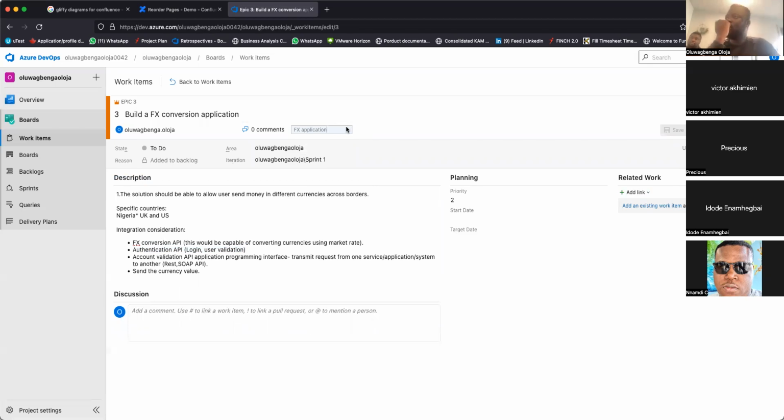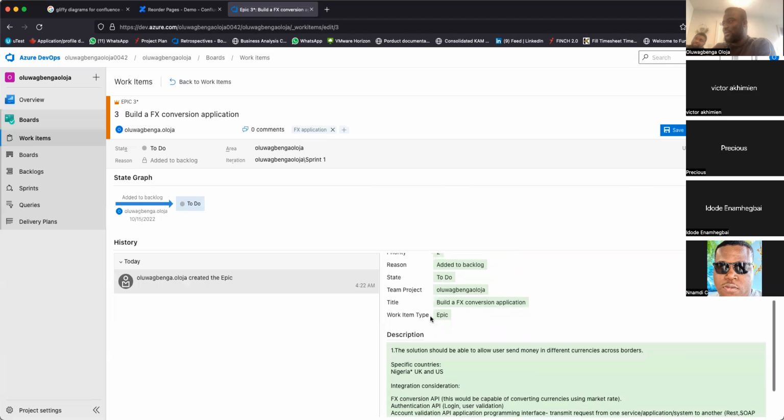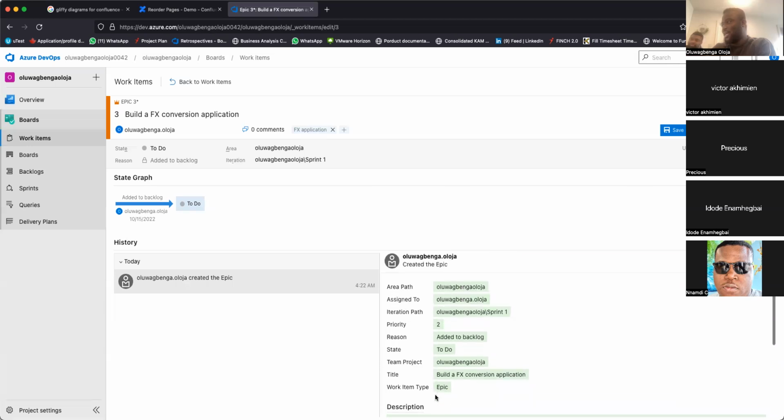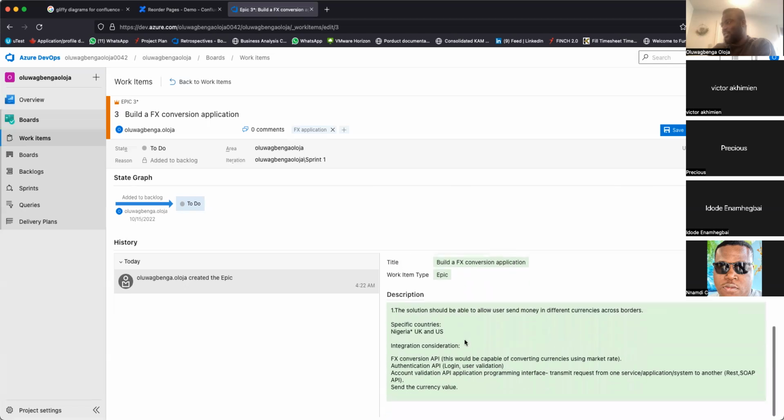Yeah. So we've created these epics now, right? So this is a tag. A tag is just something to tag, like when you buy clothes, you tag them. You want to tag that this epic is related to the FX application. We can give it any name really, but just tag. Another useful thing in Azure is you can see who created it. And currently this issue is in to-do. You can see some of the fields that we added earlier, the title, the name of the person, the backlog, all of that, the description here.